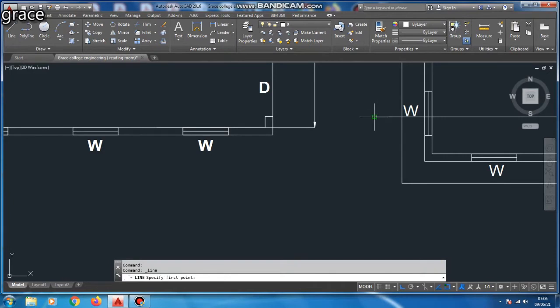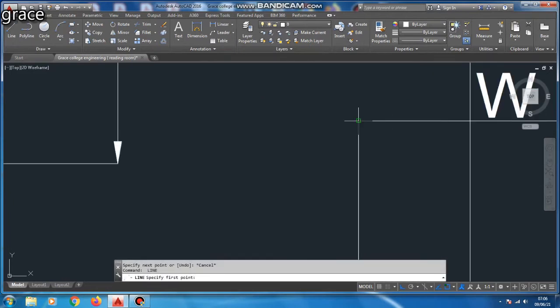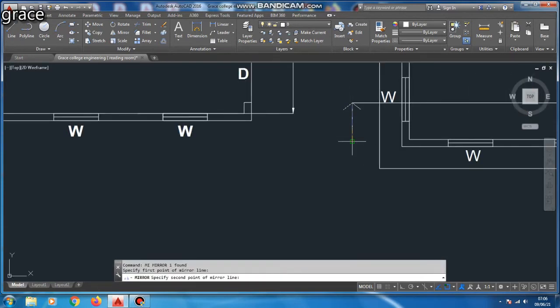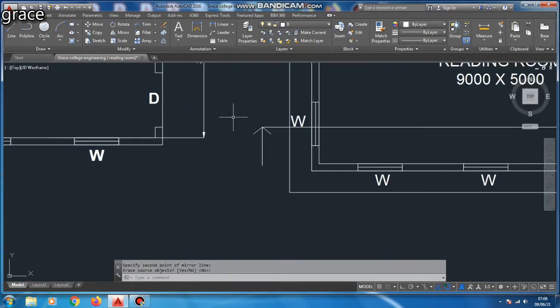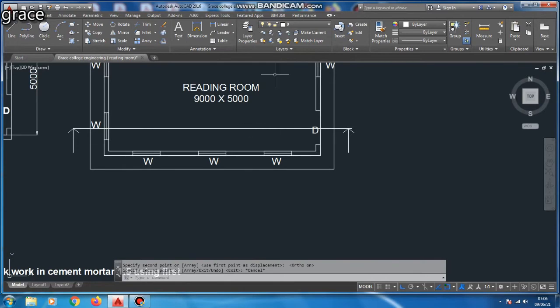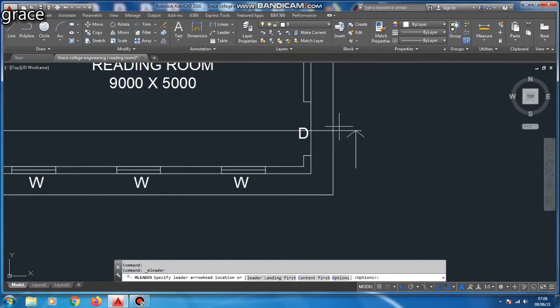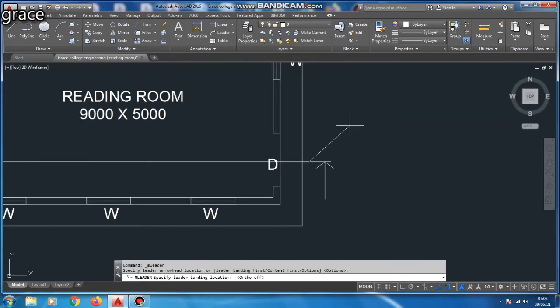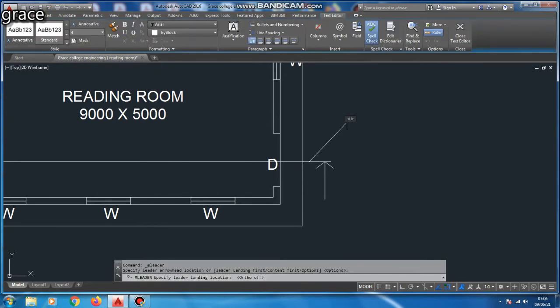So our section consists of one window, one door and walls. By using the mirror command, I am going to draw a simple arrow, and by copying the same arrow, we can fix this arrow in the opposite direction, and by using the command trim, we can trim the excess line from both the sides.